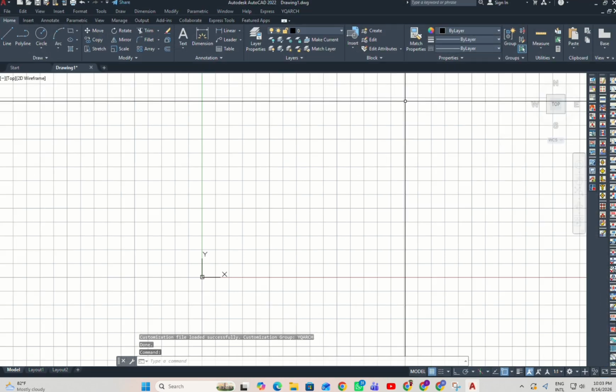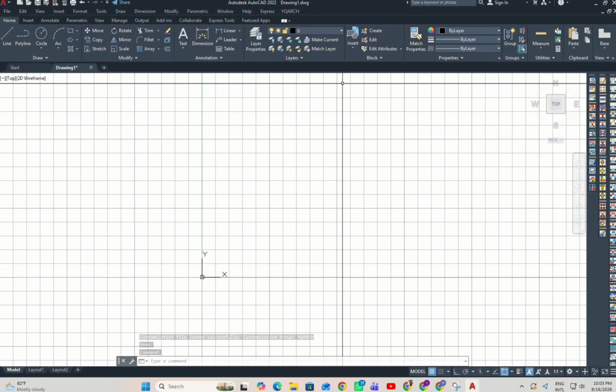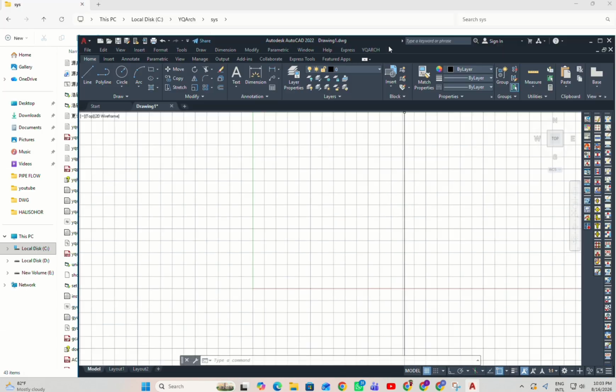So that's how you can install yqarch using the standard method and also troubleshoot the installation problem if the normal